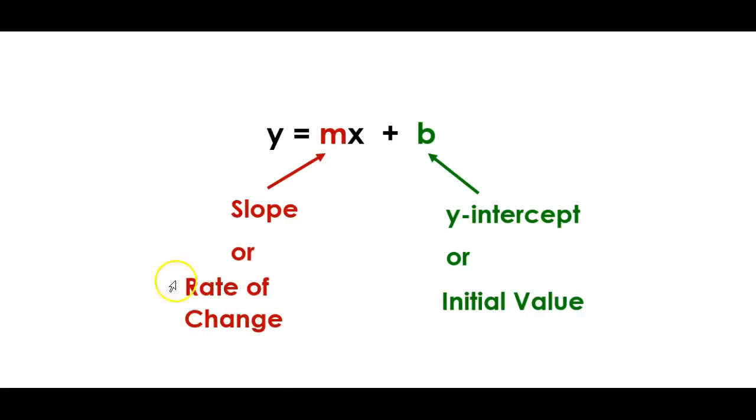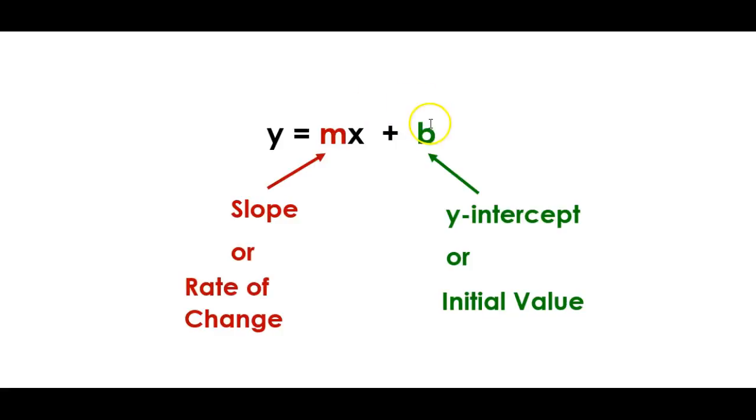Whereas the y-intercept gives information about the starting point for a situation, so we call that an initial value. Those are clues you'll be looking for to figure out what part represents the slope and what part represents the y-intercept,